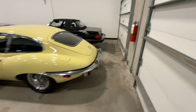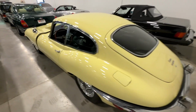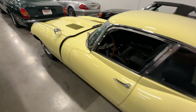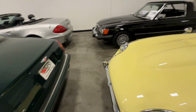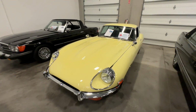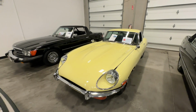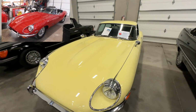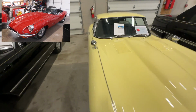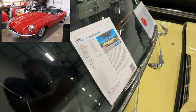Oh, it's a Jag. So I've worked on one of these. I'll see if I can find the picture of it and post it up in the video. I used to do side work for a friend in his shop when he was behind on work on European cars. I've worked on a red one of these, and they're amazing cars. This one is